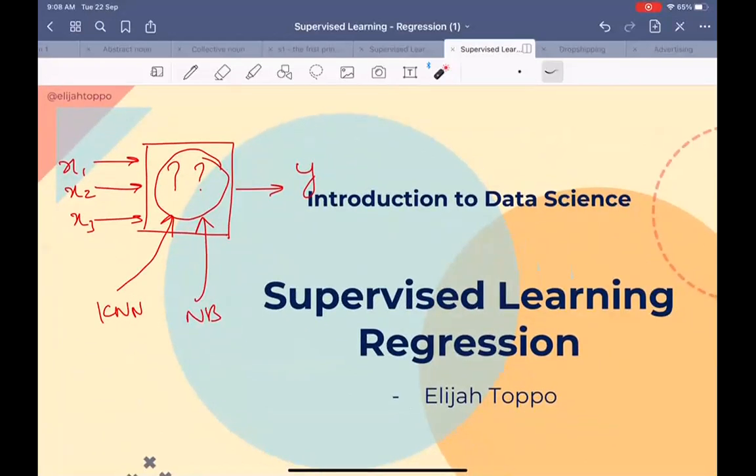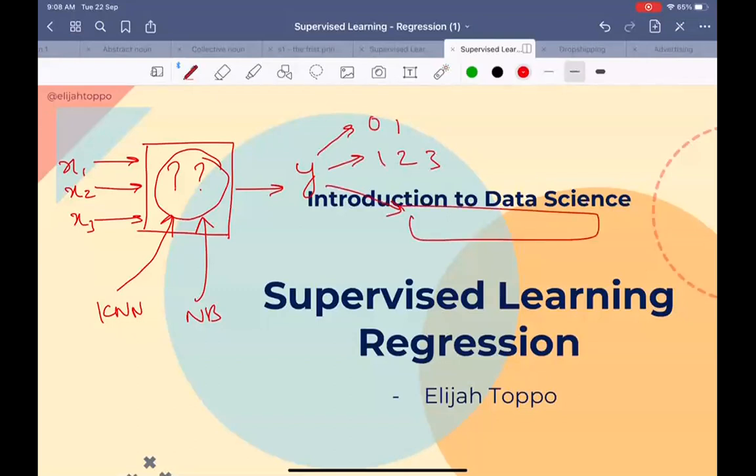Yes. Okay. So our hope is that this variable y is the variable that we are trying to track. And if this variable is a discrete class, we call this machine learning problem a classification problem. In our case right now, this variable is not a discrete class, but a continuous value. So instead of giving the value as 0, 1 or 1, 2, and 3, this now has infinite values from a given range. It can take any number of values, and that is what this problem of machine learning looks like.